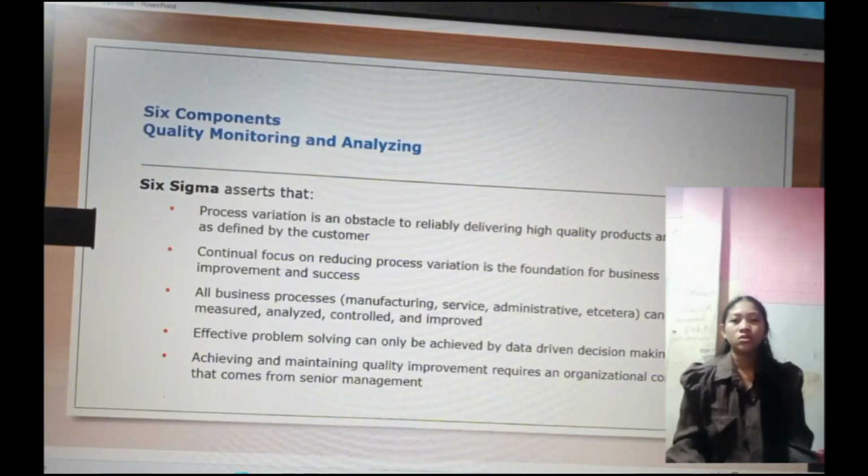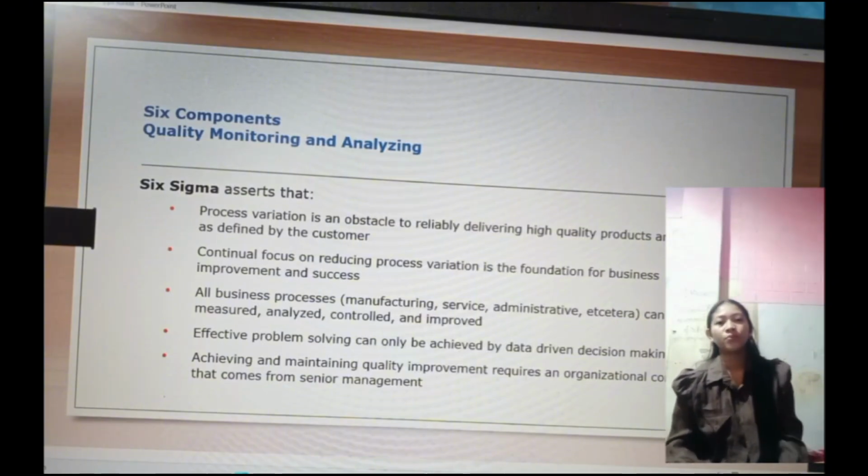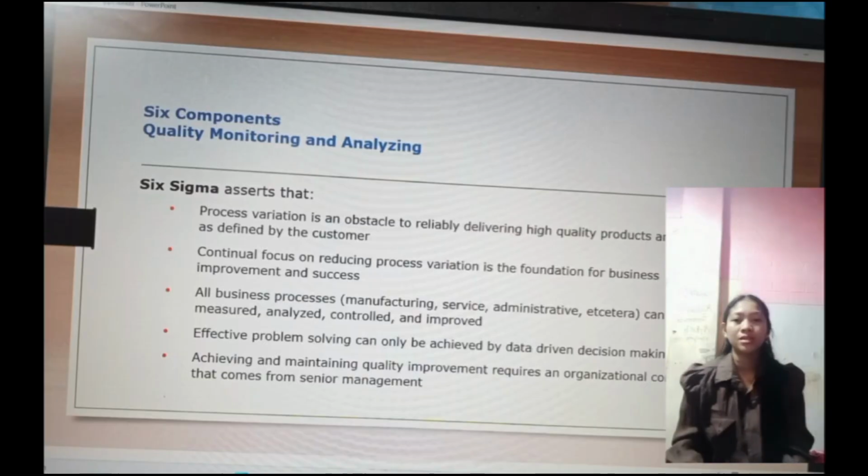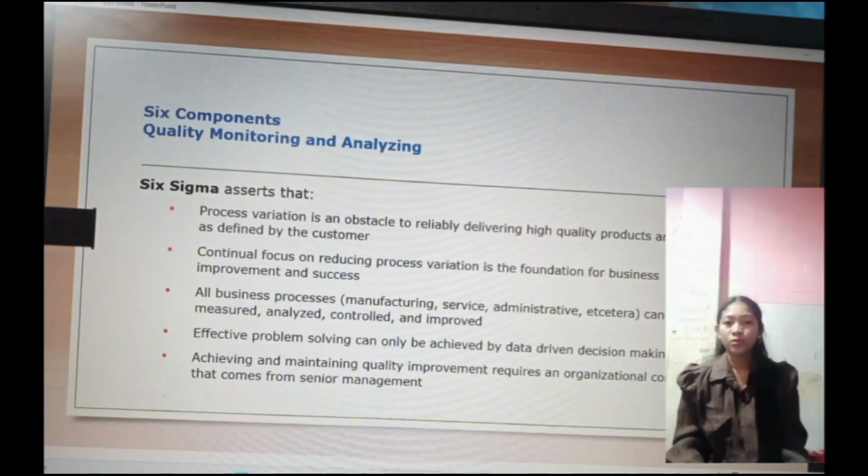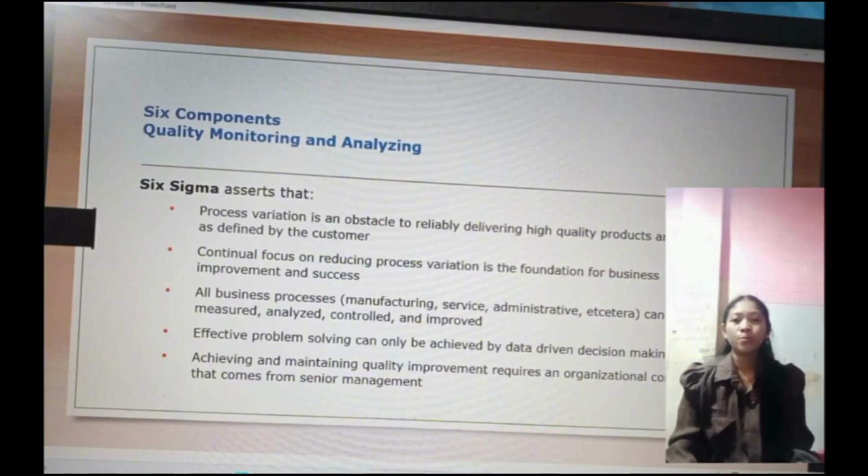Continual focus on reducing process variation is the foundation for business improvements and success. By consistently reducing variation, businesses can improve efficiency, reduce costs, and enhance customer satisfaction, leading to sustainable success. Example, a manufacturing plant that reduces variation in its production process can decrease the number of defective products, lower waste, and increase overall